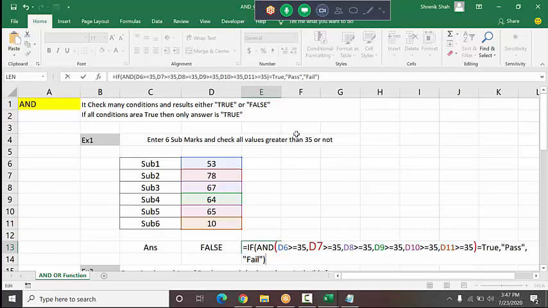If in all subjects the student scores more than 35, then only pass. And in the bracket I group many conditions. That AND function, if it returns true, then only pass. Otherwise I type fail. Okay, so just take a while to read the function, and then I press enter to show you the answer.